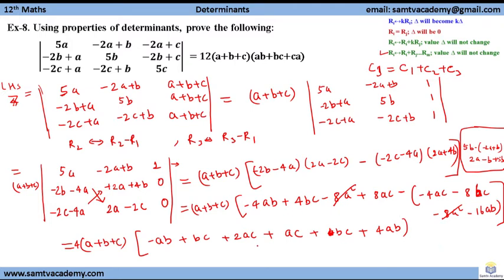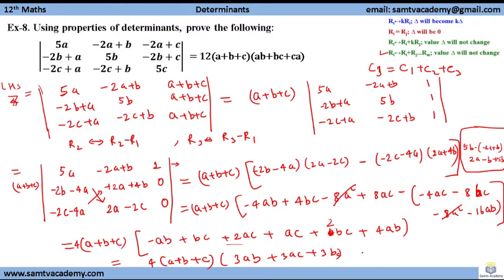Now okay, now if you 4 we have taken common, so what we are left with? We are left with 4A plus B plus C. Now here this 4A get subtracted to 3AB. This is 2AC plus 3AC, and this is also here BC. Here it will be, sorry, 2 will be there, so this will become 3BC.